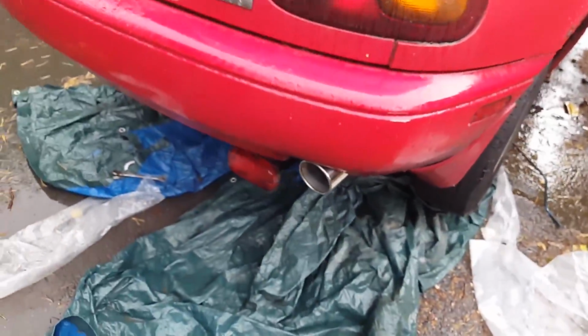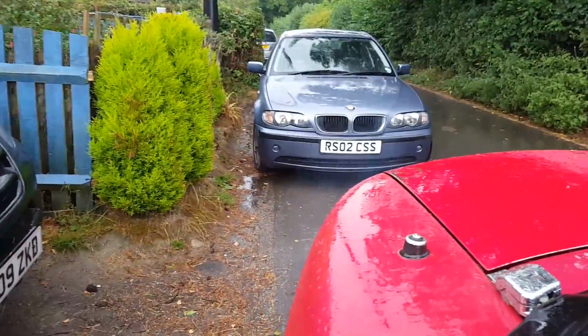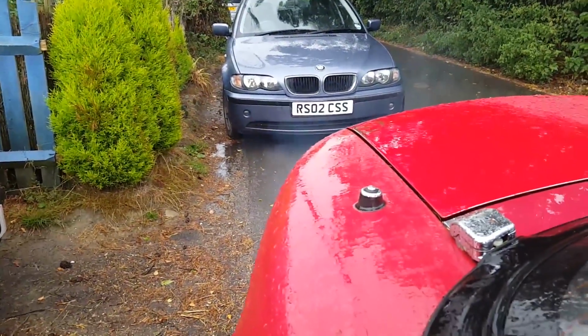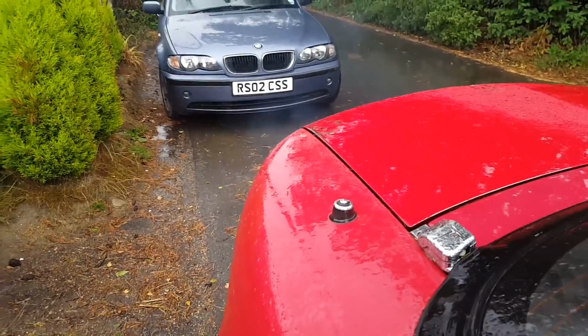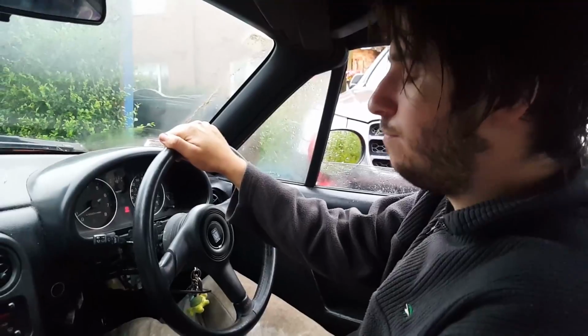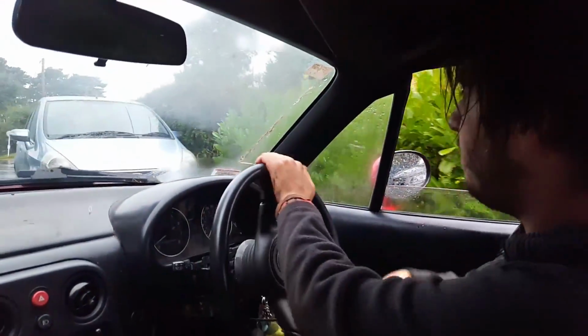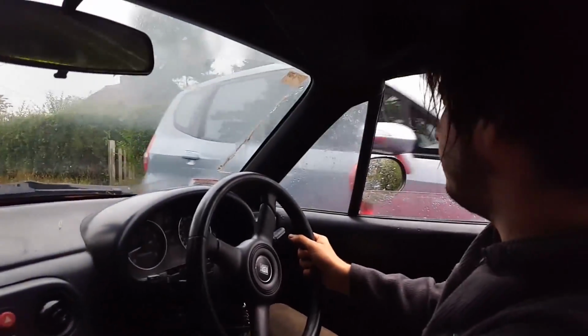There's that misfire. Oh yeah. Okay guys, hello, first drive. I don't know what it sounds like at any sort of speed yet, apart from revving it on the drive, so I'm going to take it out now quickly and see how it sounds. Hopefully everything stays in place. This is the first time it's been moving for a while, so...